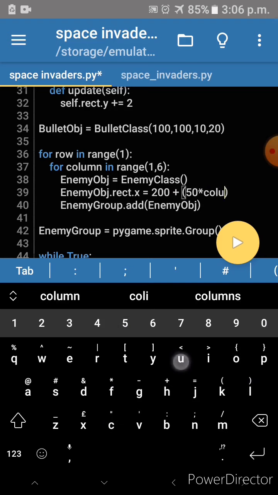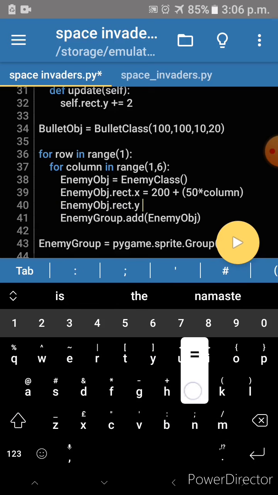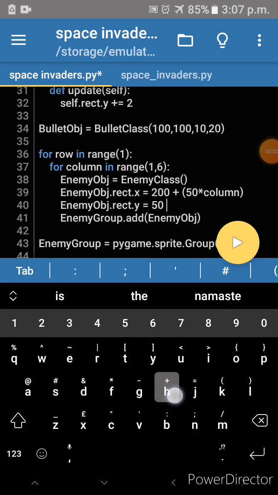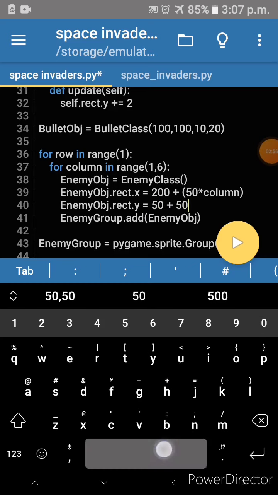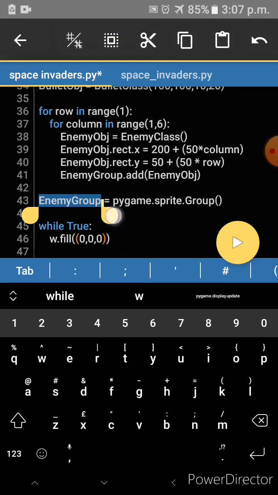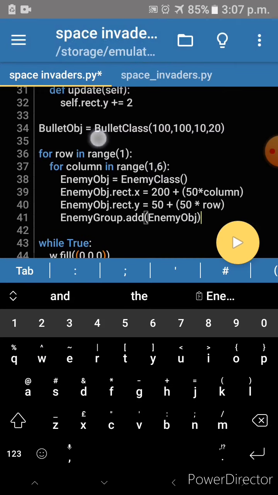And same thing for row, enemy object dot rect dot y equal to 50 plus 50 into row, and parenthesis, and I will make the group before the for loop and here.